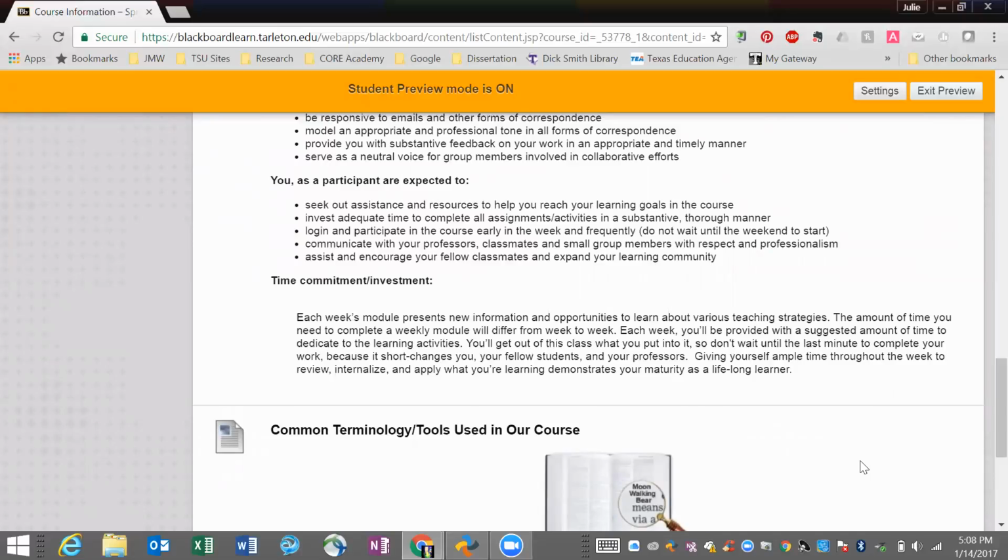The amount of time you need to complete a weekly module will differ from week to week. Each week, you'll be provided with a suggested amount of time to dedicate to the learning activities. You'll get out of this class what you put into it. So don't wait until the last minute to complete your work, because it shortchanges you, your fellow students, and your professors. Giving yourself ample time throughout the week to review, internalize, and apply what you're learning demonstrates your maturity as